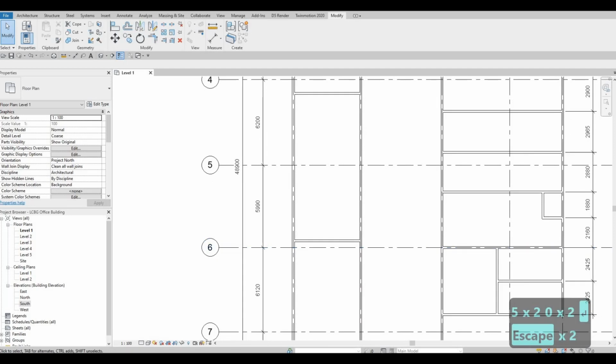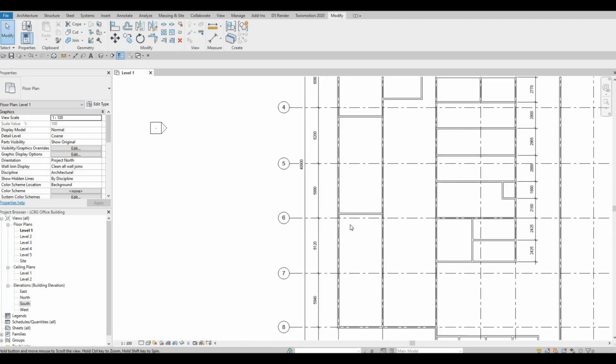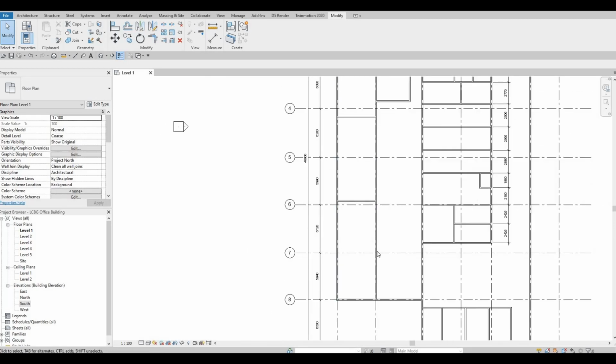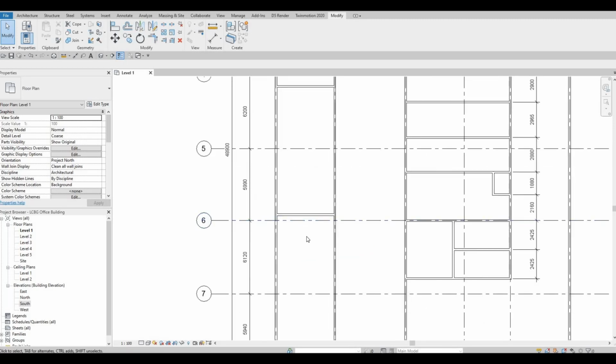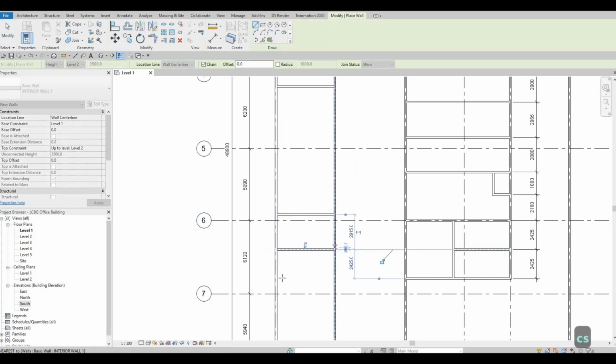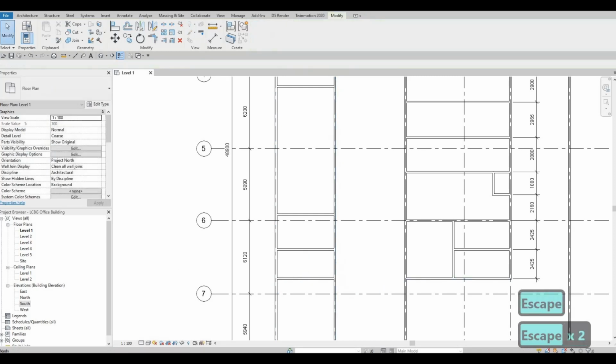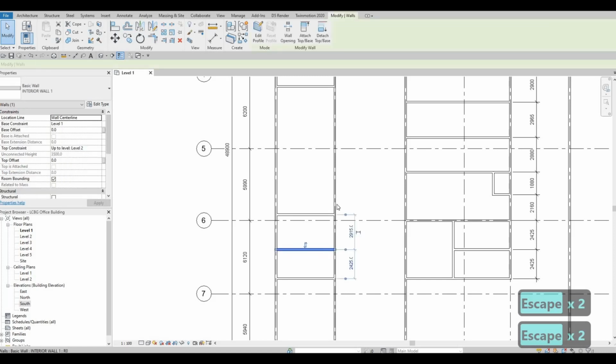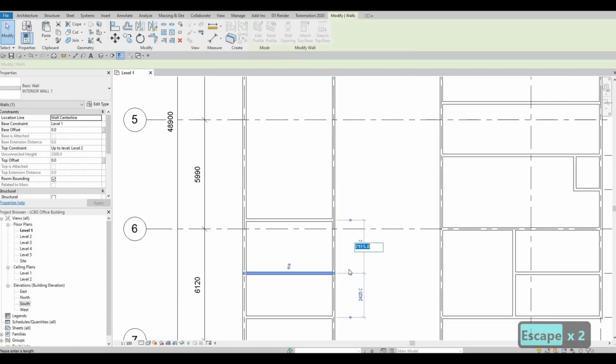And then after that, let's add in more office area, maybe 2 more, and then the service will be here. So click on the wall, CS, and then let's add in the wall right here, and then after that, click on this wall, and then this will be around 6100,